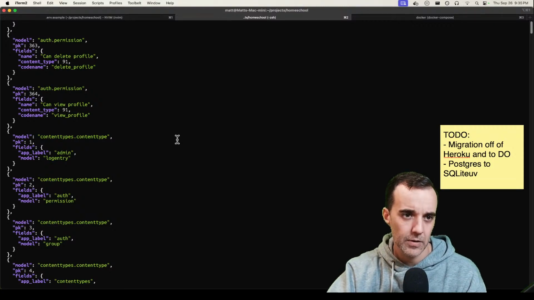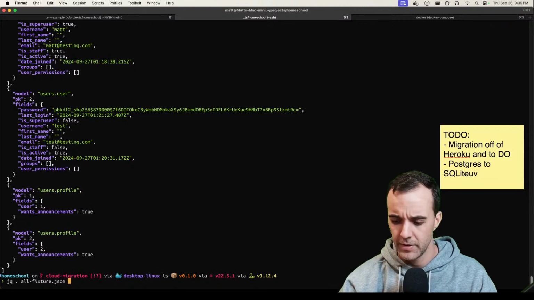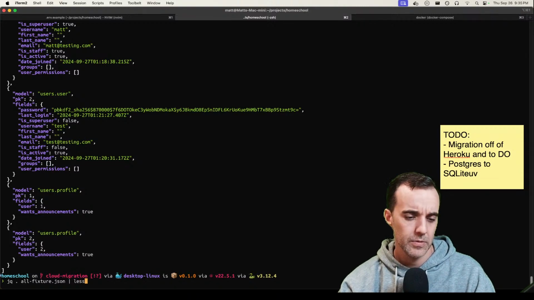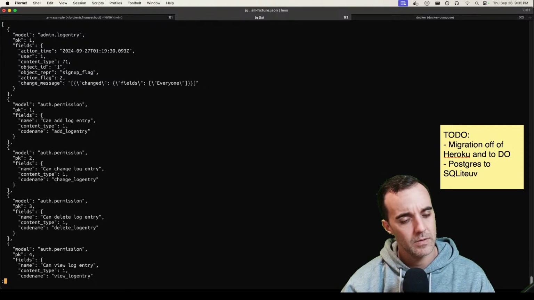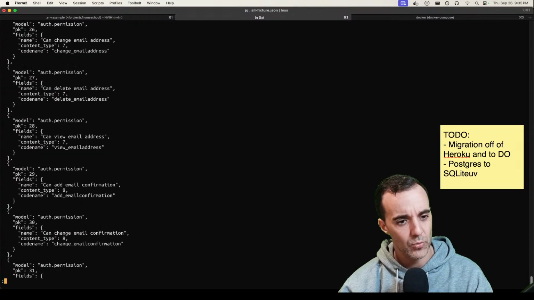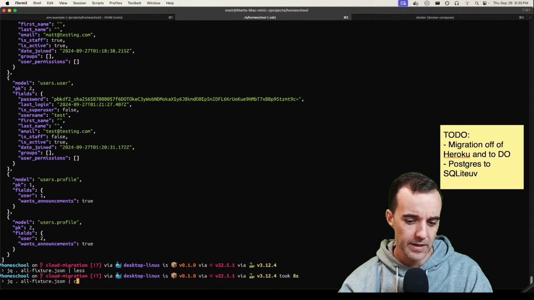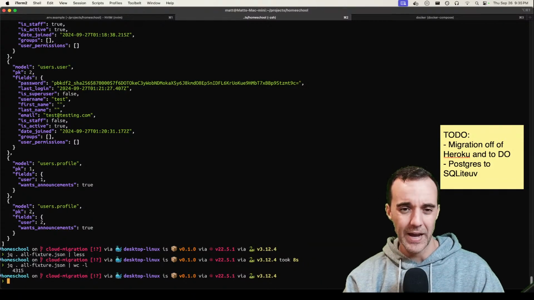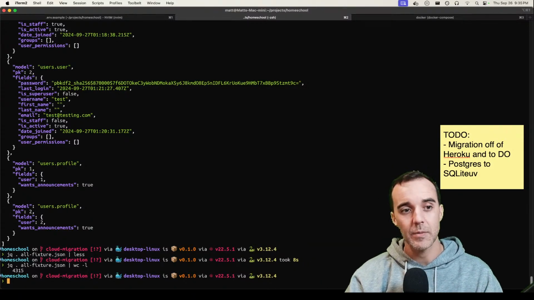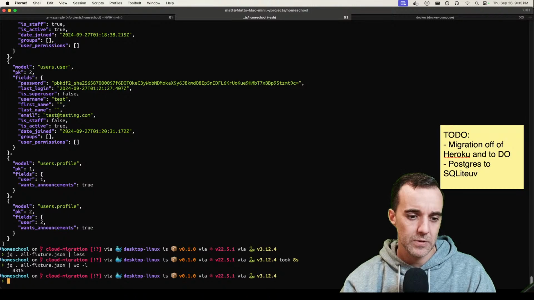Okay, let's take a, oh, it actually dumped out a lot apparently. Hold on. So let's pipe it through less, see what we get. So it has some logs, some permissions. It is sorted by app, so it's going through auth. If we do, how many lines is that, I wonder? So 4,000 lines just for that tiny table. Like we added 4 rows, but it did add a bunch of other tables and stuff that are there. It added a lot of permissions too. So interestingly, to me,